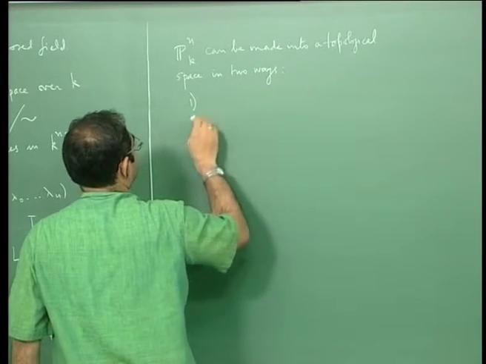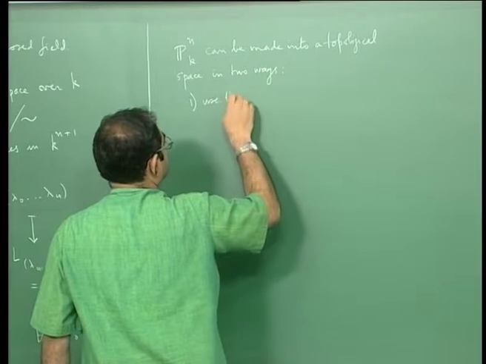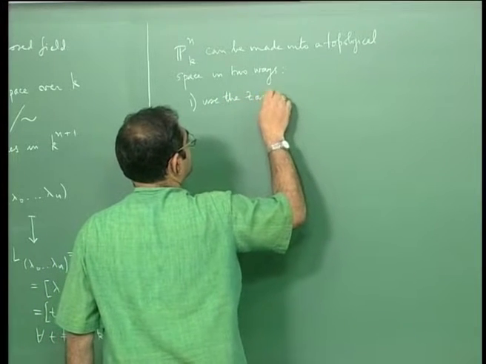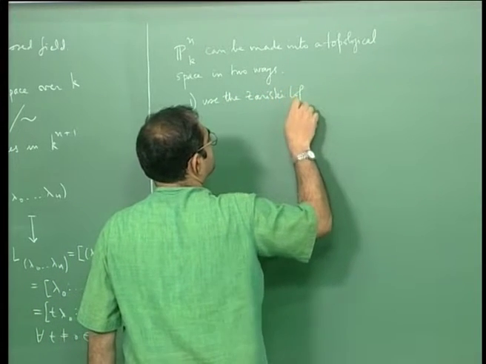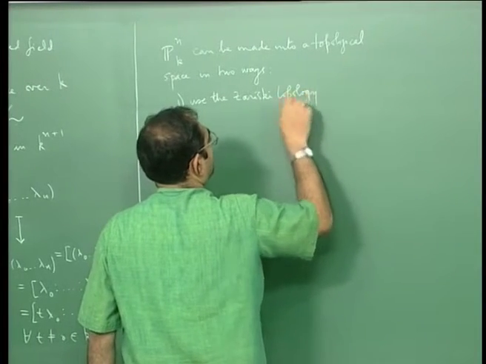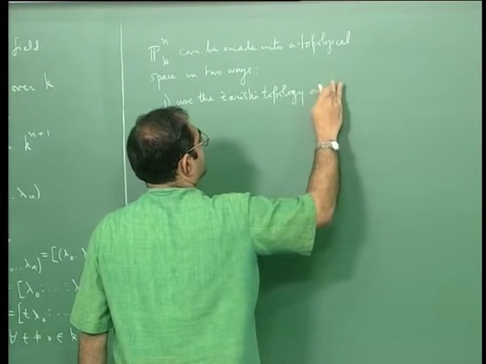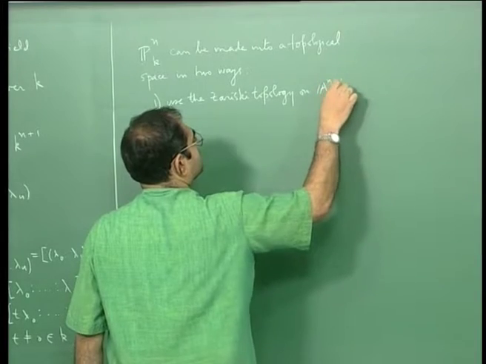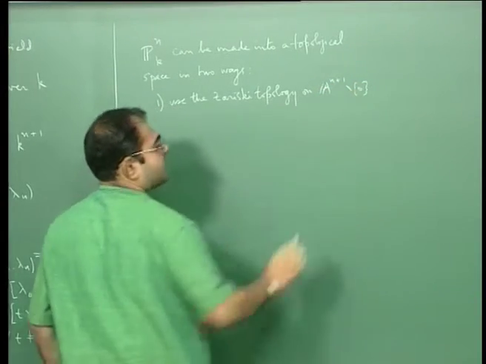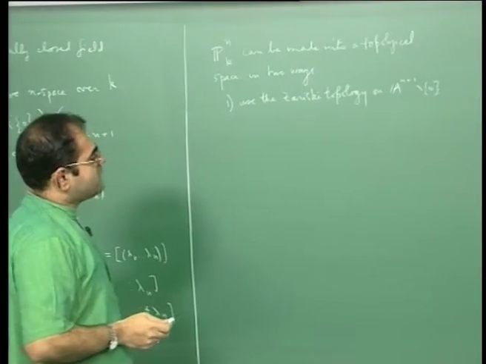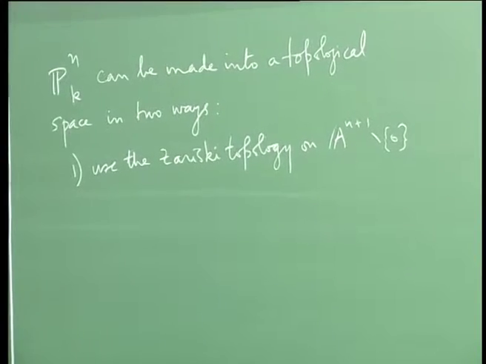Number 1, use the Zariski topology on A^(n+1) minus the origin, okay. A^(n+1) minus the origin, which is the punctured affine n plus 1 space,